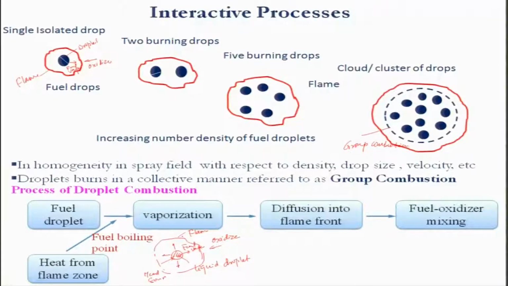This is occurring because of diffusion, and this is diffusion controlled, and the reaction will be very fast as compared to the time required for mixing. And then of course you will have to ignite, and if there is a flame already, there is no ignition, the flame will be giving you heat into the surface. This is heat. Heat will be getting into the surface of the droplet and evaporating it. So the droplets will be getting evaporated due to the heat received from the flame once the flame is established.